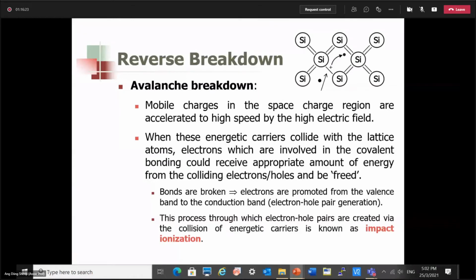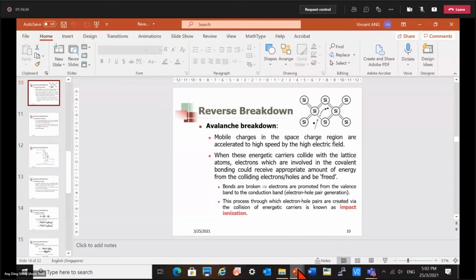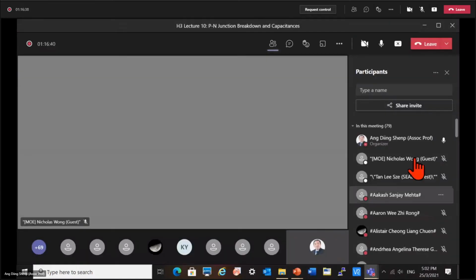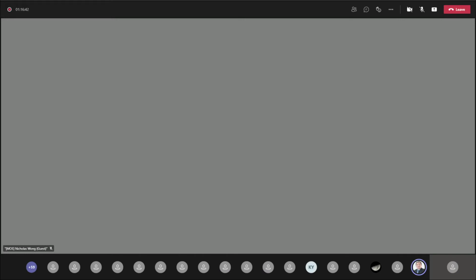Okay, all right. So if you have no further questions, then I'll move on to the second topic, which is on junction and storage capacitances. Now, as mentioned before, let me just bring up the slide first. As mentioned, the